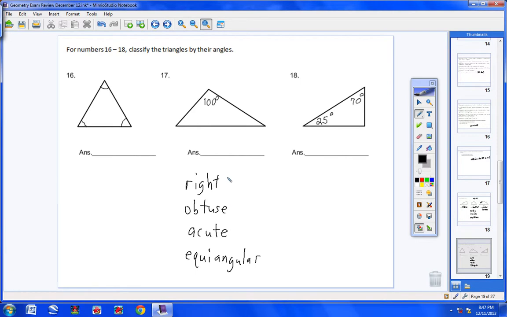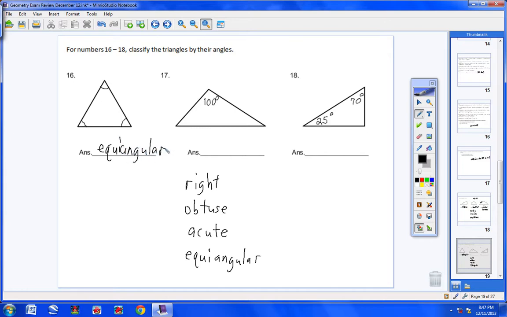Now, a right triangle means we have one angle that's 90 degrees. An obtuse triangle means we have one angle that's larger than 90. An acute triangle means that all three angles are less than 90. And an equiangular triangle means all three angles are congruent. So let's look at number 6. Number 6 has all three angles congruent. So we know we have an equiangular